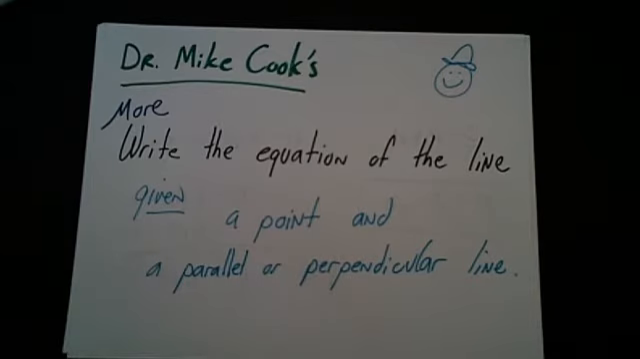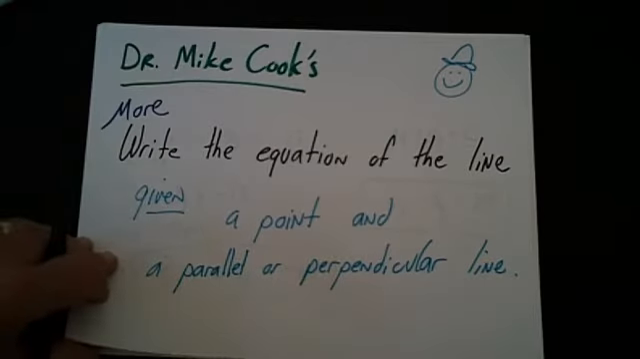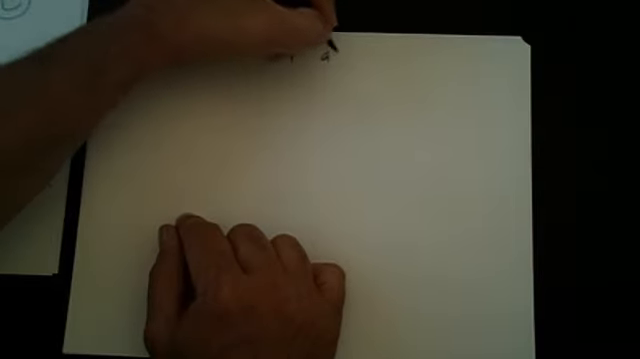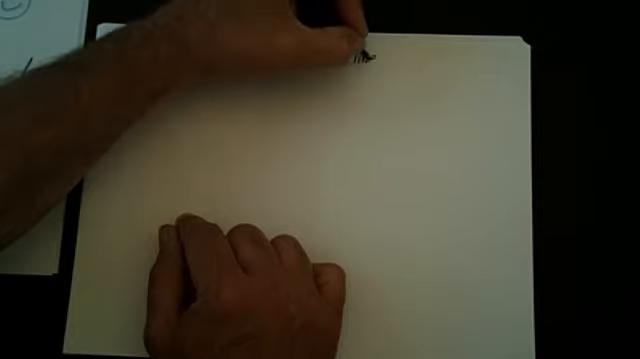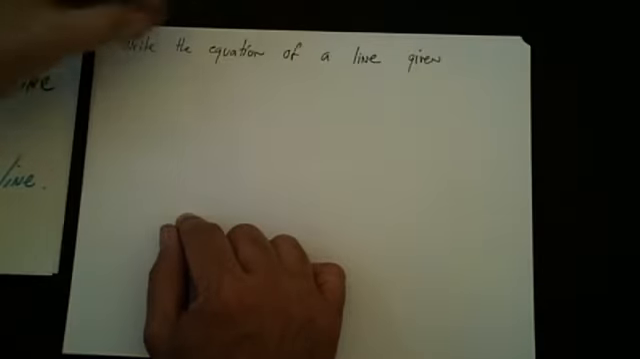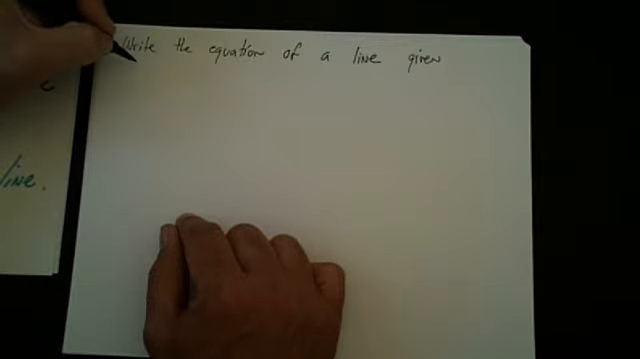Now let's look at more problems of this type, writing equations of lines given a point and a parallel or a perpendicular line. So the first question let's look at is, let's write the equation of the line. Now as soon as you see that, write the equation of a line, you're almost sure to use point-slope form. You're going to be given certain information. In this case, you're given that it's parallel